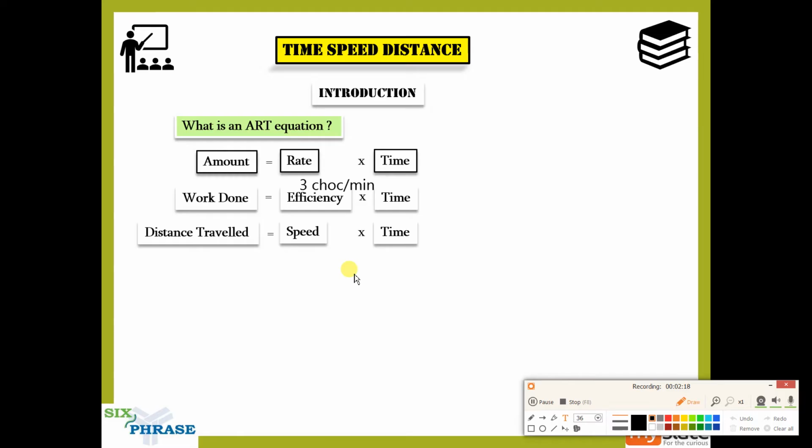Three chocolates or five chocolates alone doesn't give you the efficiency, because three chocolates could be eaten in 1 minute or 1 hour. We need to know the time in which that amount of chocolates is consumed. So three chocolates per minute or per hour, the time period should be equal. Three chocolates per minute, five chocolates per minute. You can clearly see five chocolates per minute is more efficient.